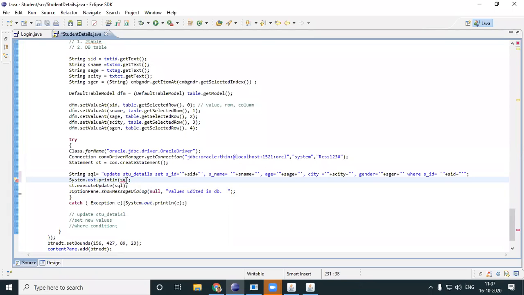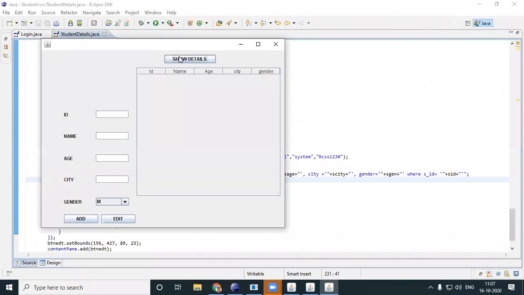So that, I'll just get my SQL in my console. I can check for the error. Okay, anyway, we'll try running the program. Show details, Ronnie. Okay, look here, the same old detail came over here when I clicked show details, because when you click show details, things are taken from your database. Your database wasn't updated earlier. So you'll get the same old details over there.